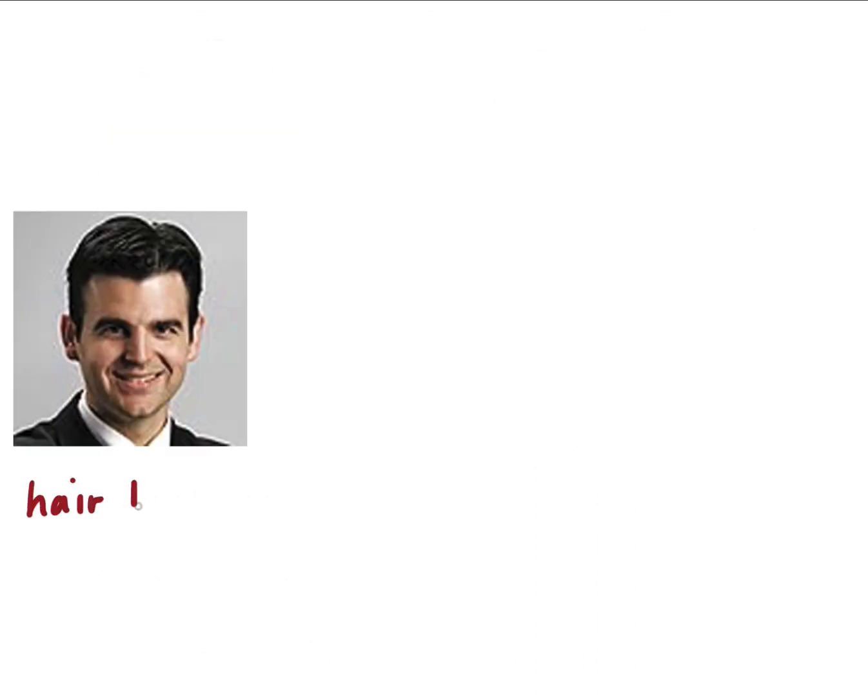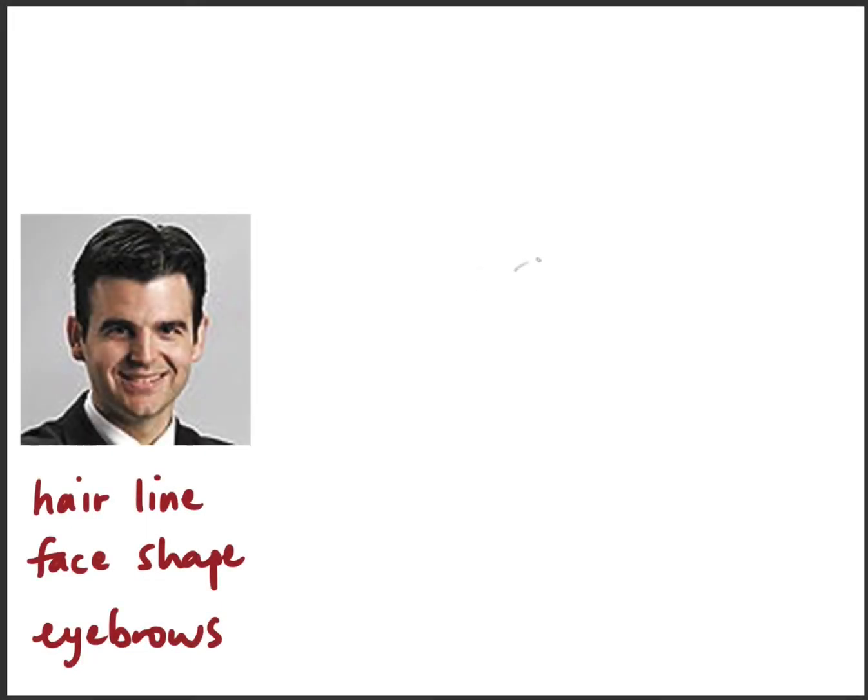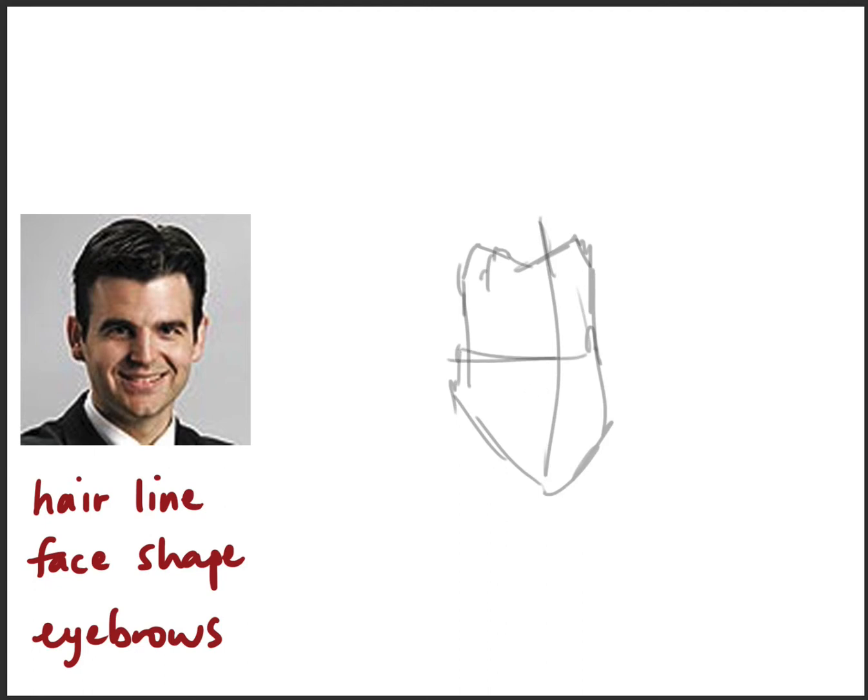So here's our next example, and I've chosen this man because of his very distinctive hairline and face shape. And he's also got quite beetling eyebrows. You can see that he's got a sort of a heart-shaped face and hairline, and that makes him an interesting character to try and turn into a cartoon. So there we go. Let's start with the hairline because that is the most distinctive feature. If you were describing this man to someone else, you would describe the way he has that peak coming down